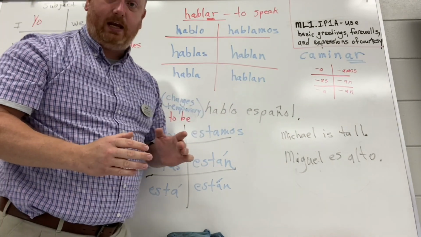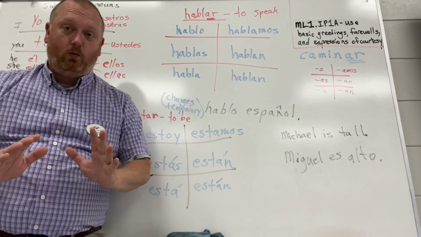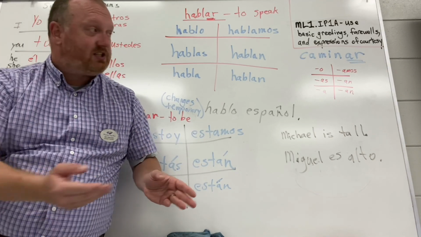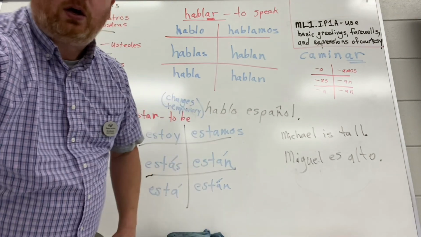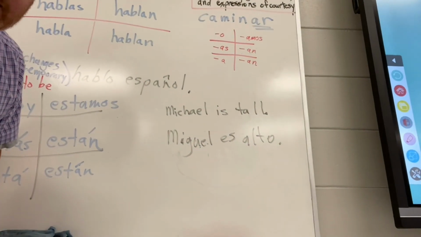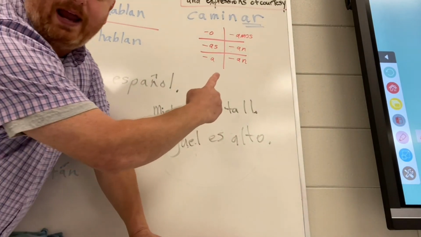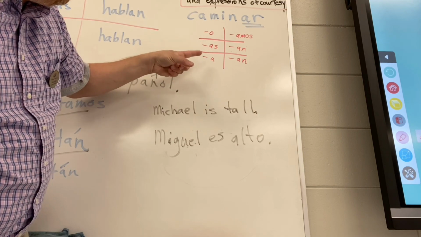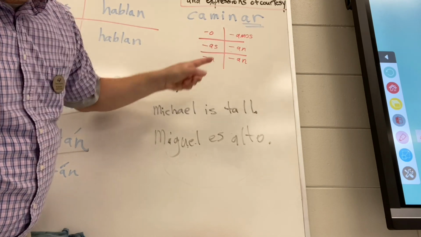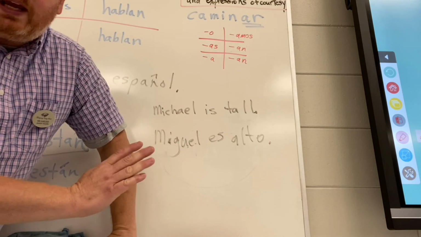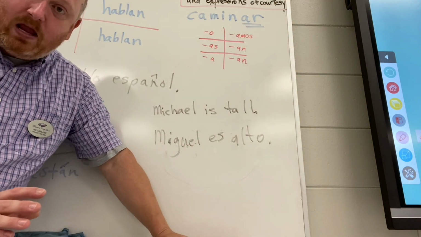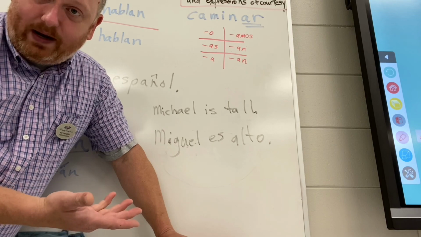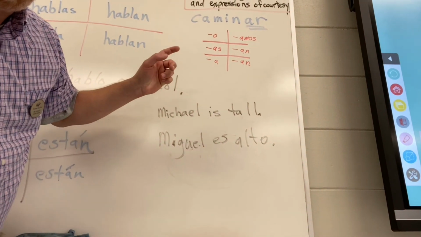Hopefully you can see that all we have to do when we study a verb, even a new verb we've never seen before, is simply apply these endings. So what I've done right here, let's get a little closer, and you can see right here, I have just pulled out the endings. O, as, a, amos, and the last two are an. So those are just the endings that we can stick on to a present tense verb. That's all we got to do is put those endings on there, and they're going to tell us what the verb's doing.